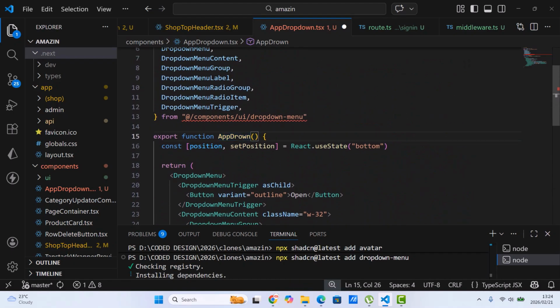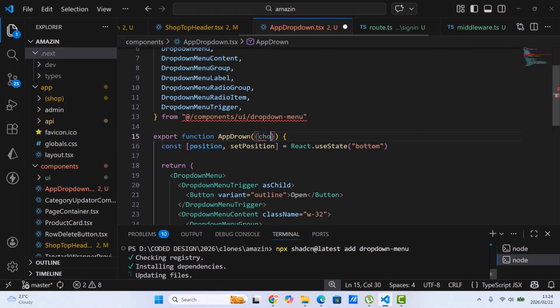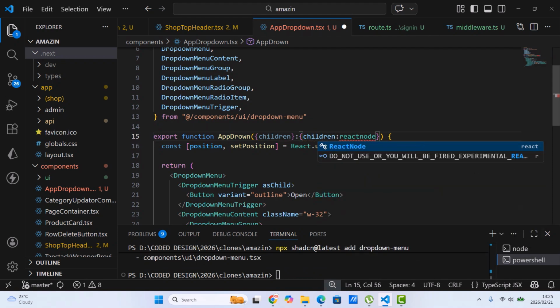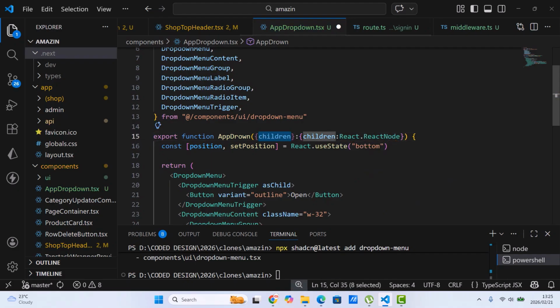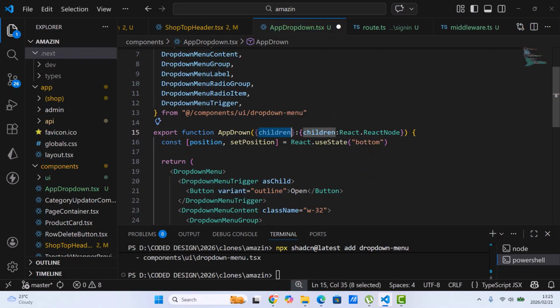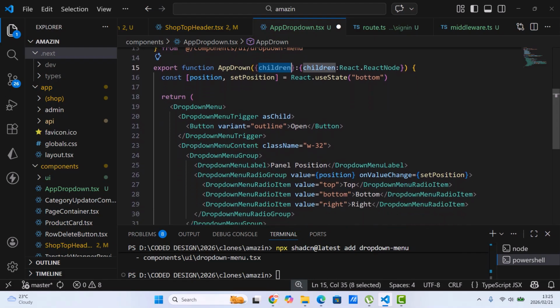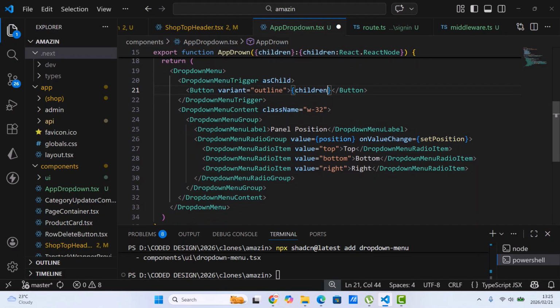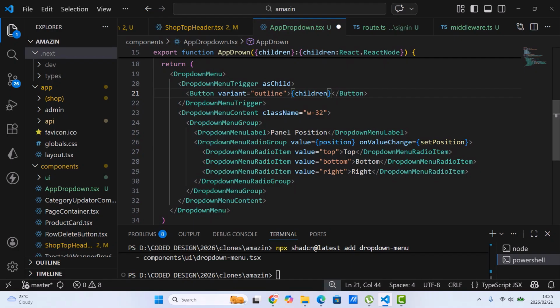we want to receive children here, and we want to receive these as React node. So we are going to take whatever we are receiving and push it under the trigger. Suppose we've got open here. We are going to put the children, which in our case is going to be an avatar. And then from there,